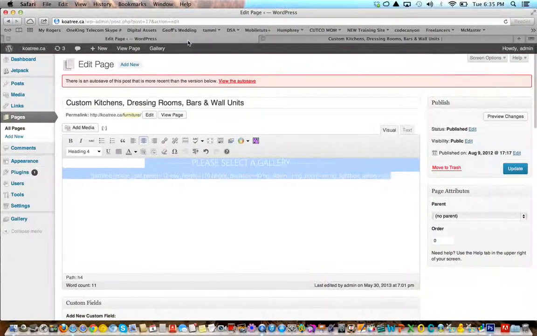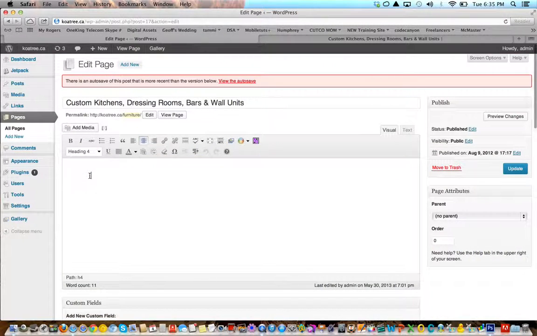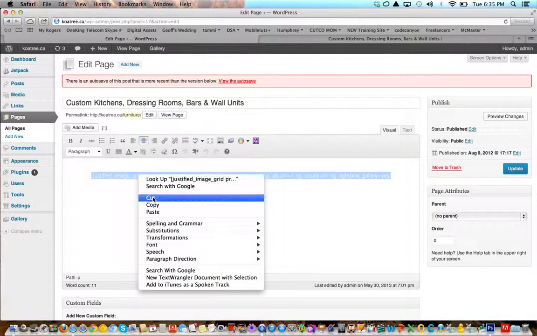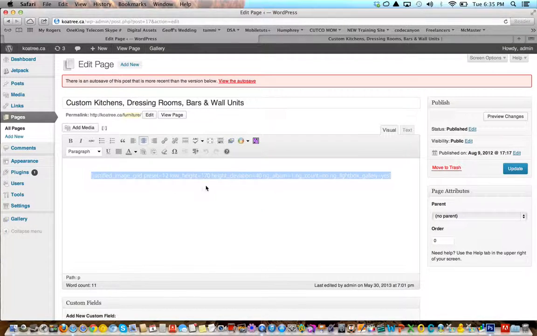So what we need to do is modify this little plugin. You're going to highlight just this, and copy it. So right click, copy. And you see this little purple box here that looks like a little mini gallery? That's the button you're going to click on to edit this. So when you click on that once,